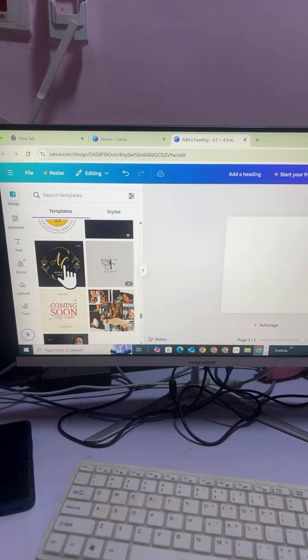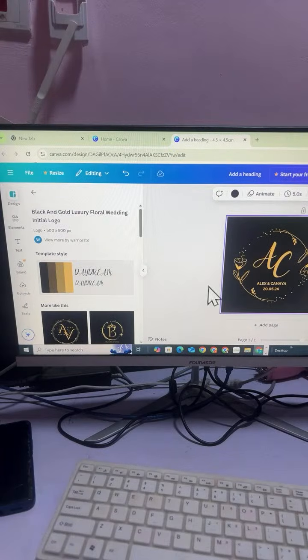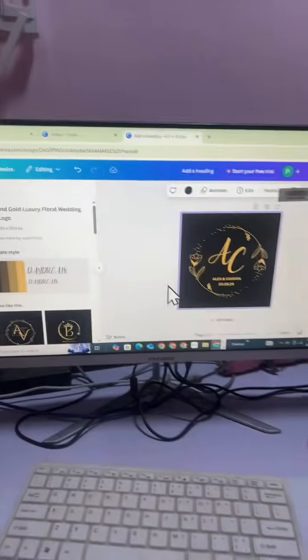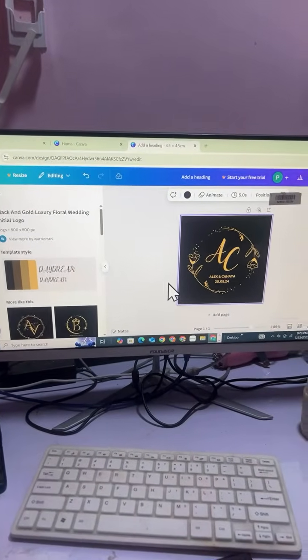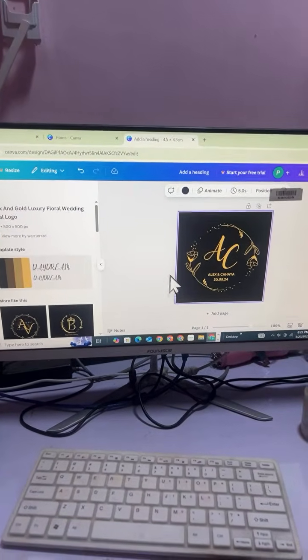Some are wedding. You see this one here, it's a wedding, and so on and so forth. So I can tap on this one. Let's say you are working on a wedding keychain, and you just want to move with a simple design. You're not very good with design and all that, because if you want to design your own thing from scratch, you would have to know how to move around